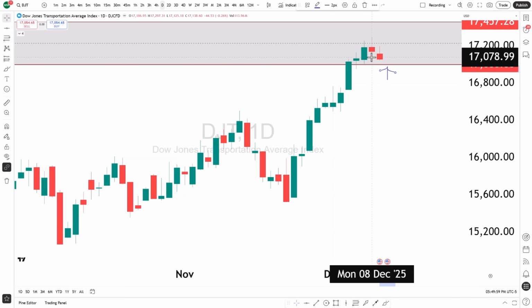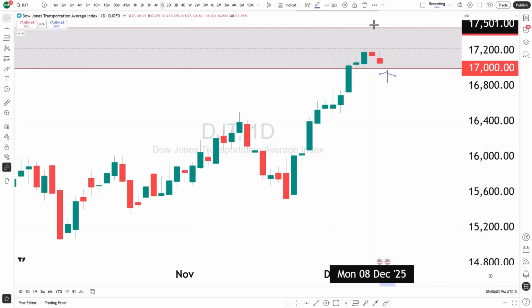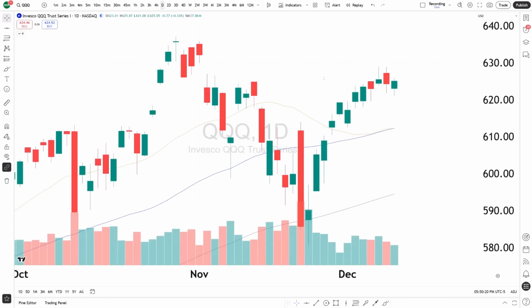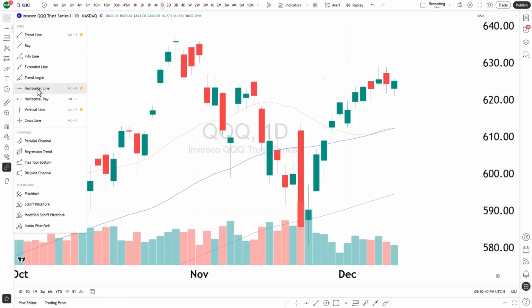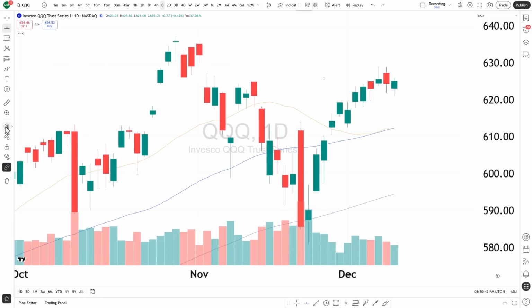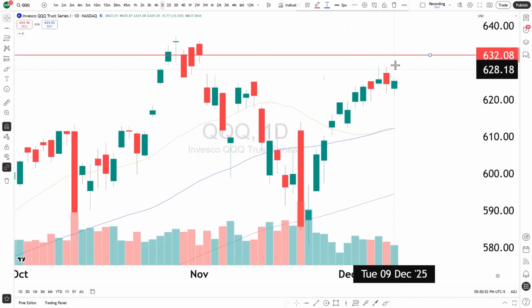The other side to the story is that we can go up higher and complete the back end number. But again, no real change for the transportation department. Same thing goes with the Q people. We're only up 0.12%. We still haven't gone to complete the unfinished business. That's this gap right here at 632.08. That can be possible with tomorrow's Fed day coming up. Go to complete the unfinished business, find some overhead resistance near or around this area, and then come back down.